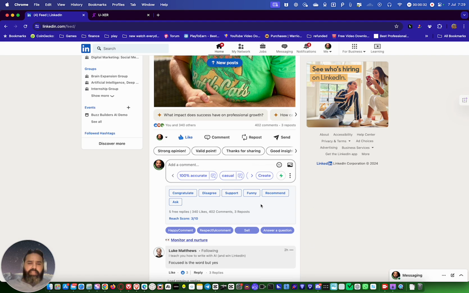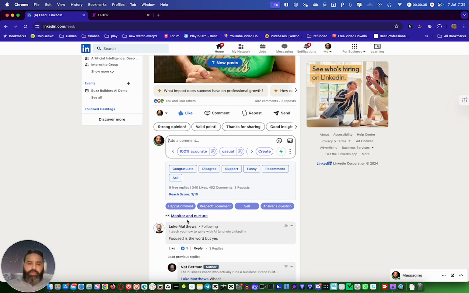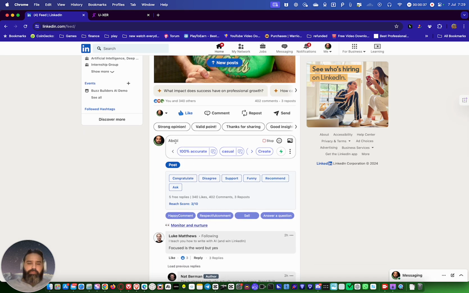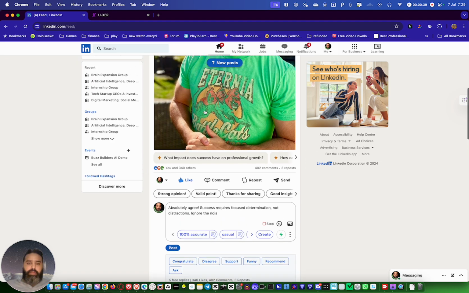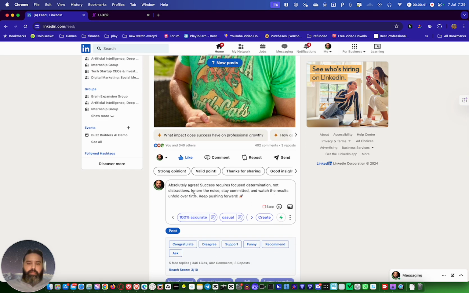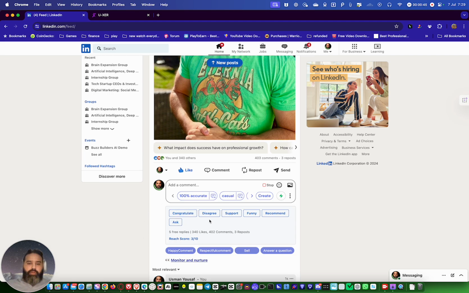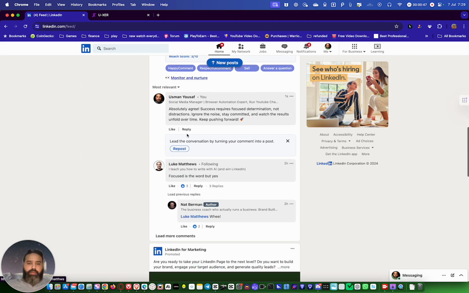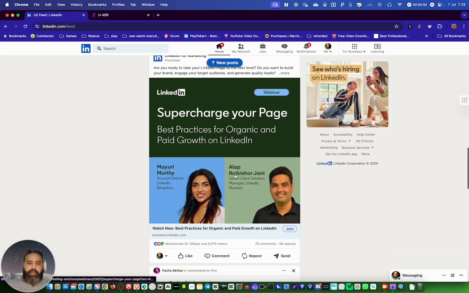You can download any extension you want, and then let's say we press this one, it will read the comments, read the post and generate a comment, and then we post it. And we're gonna repeat this step and like for 5 times on different posts.